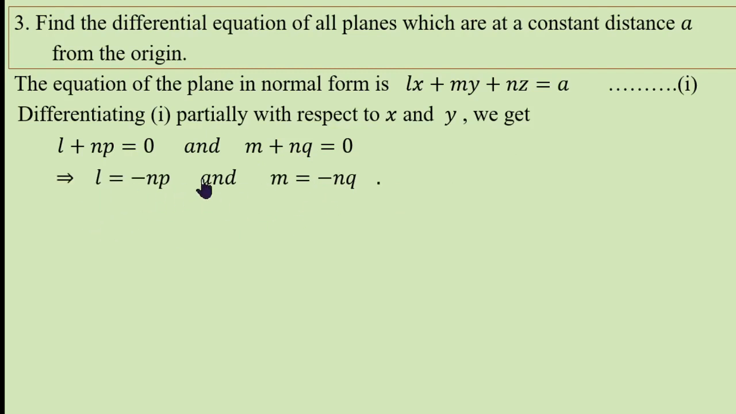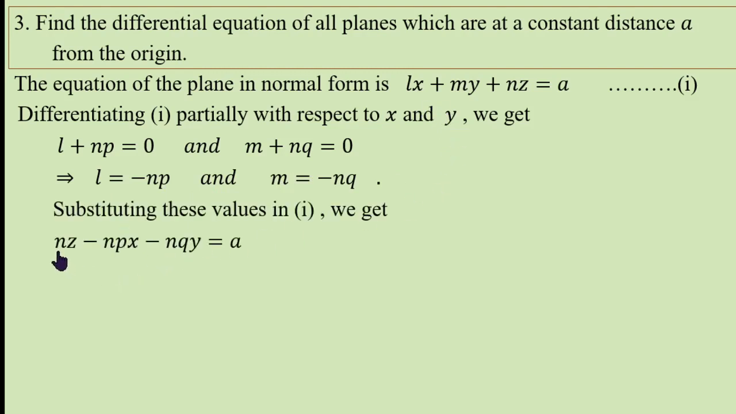And substitute this l and m value in this equation. So, you get nz plus lx, l is minus np into x, minus npx minus nqy equal to a. But here, to eliminate n in terms of l and m, we know that l square plus m square plus